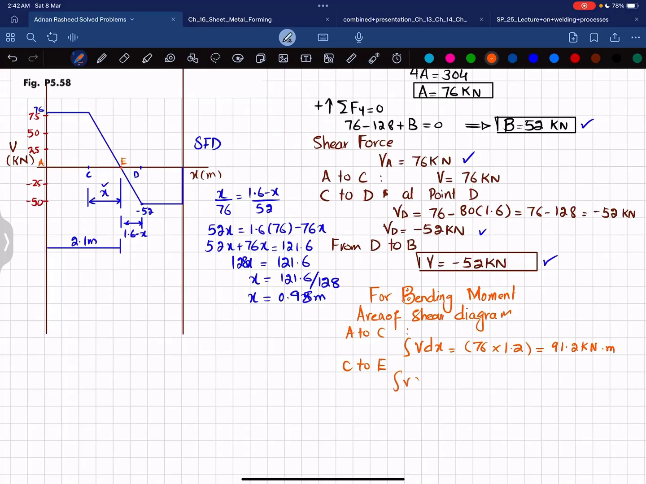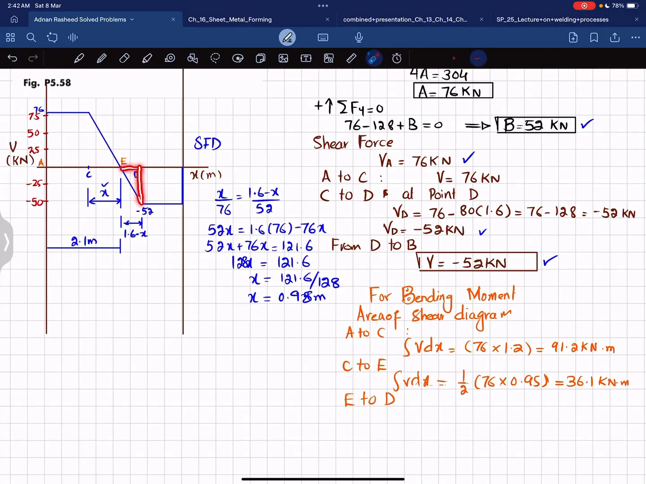So the integral of V into dx will give you the bending moment, and that will be equal to 1/2 times 76 multiplied by 0.95, and that will give you a value equal to 36.1 kilonewton meter. Now from E to D,